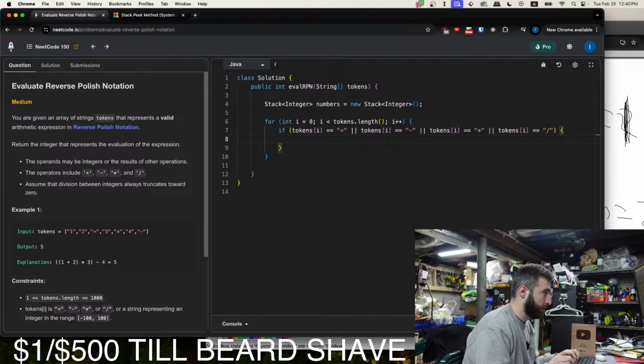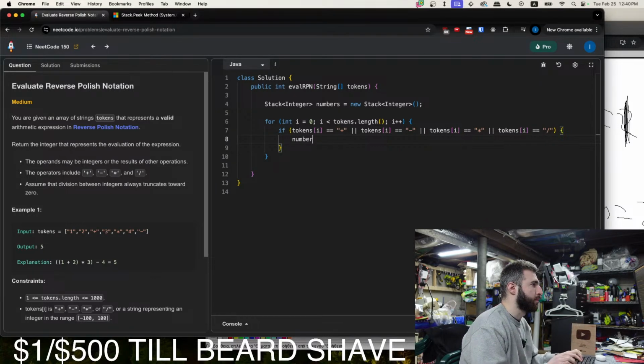So int operator, not operator, int integer 1. Can we do this in one line of code?